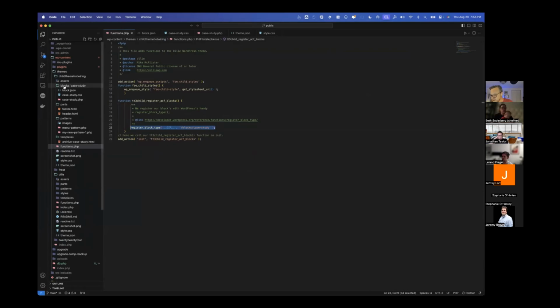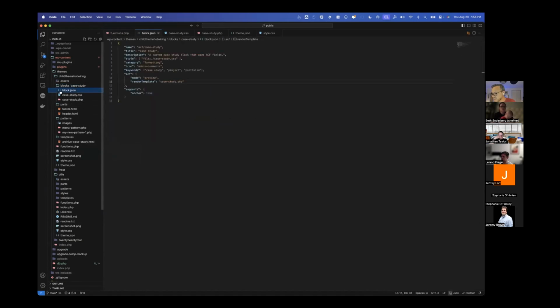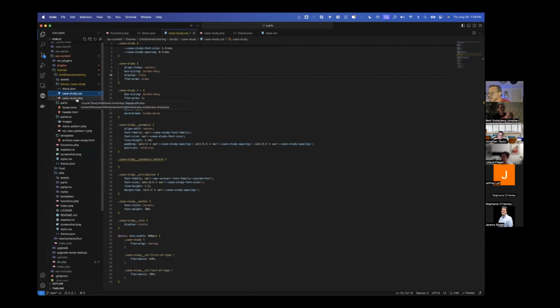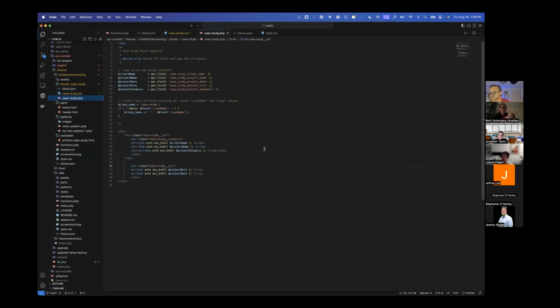What that corresponds to is there is a parent directory called blocks. Within it, there is a directory called case study. And then under that, each one of these individual blocks has its own block.json file, and a number of parameters are set in that block JSON file. And then you have your standard CSS file, which, I will be honest, for some reason the front end CSS wasn't working, and I didn't have time to debug that. And then you have your PHP template.